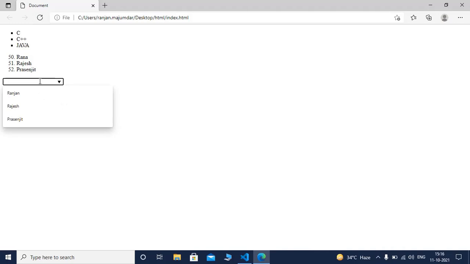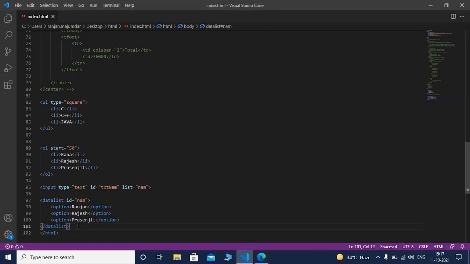If I click on it, you can see these three names are visible. That means this is a form element. When I click on the form element, you can see the option values are shown as autocomplete. So this is the basic feature of data list.